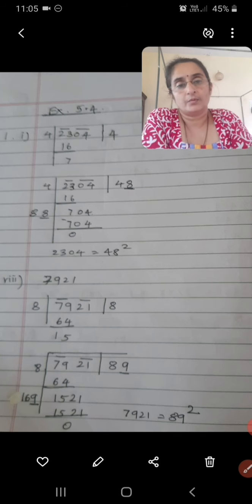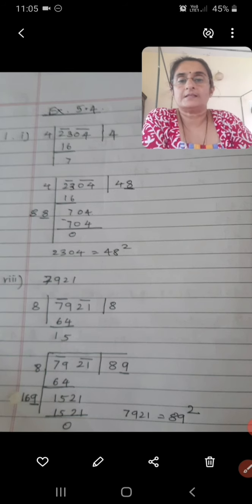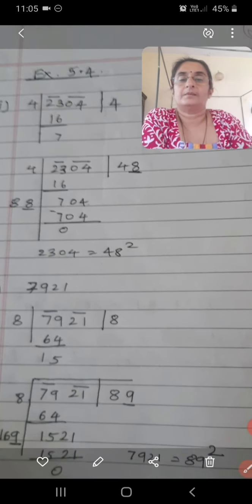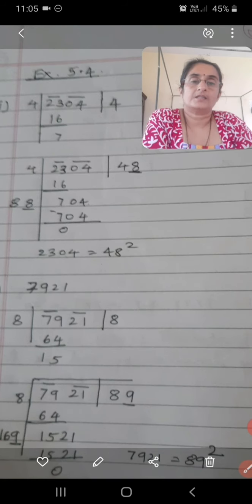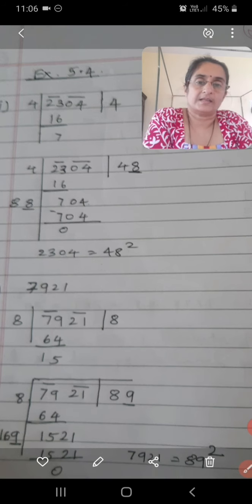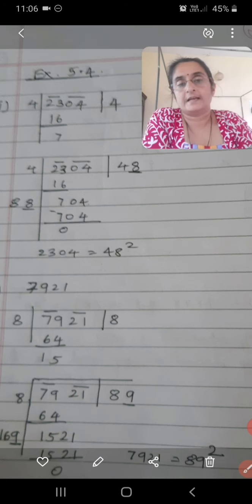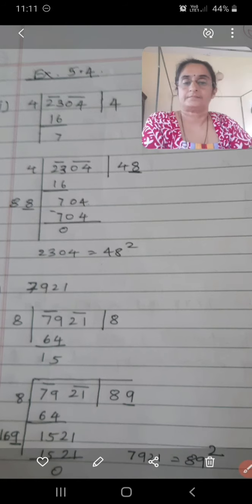Here in the first step, we are going to divide only 23. So for 23, you have to find the largest perfect square below 23. So which is the number there? 16 is the largest perfect square below 23. So how do I write it? Root of 16 is 4. So 4 on the right hand side and 4 on the left hand side I have to write. So 4 into 4 is 16. Subtraction of 23 and 16 gives the remainder.